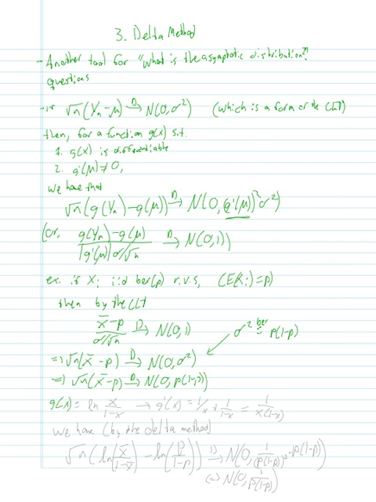So if we have a function g of x, so let's say g of x is equal to ln of x over 1 minus x, right? This gets us that g prime of x is equal to 1 over x plus 1 over 1 minus x, which is equal to 1 over x times 1 minus x. Then we have, by the delta method,